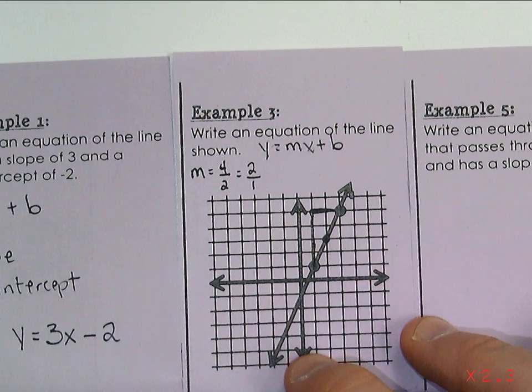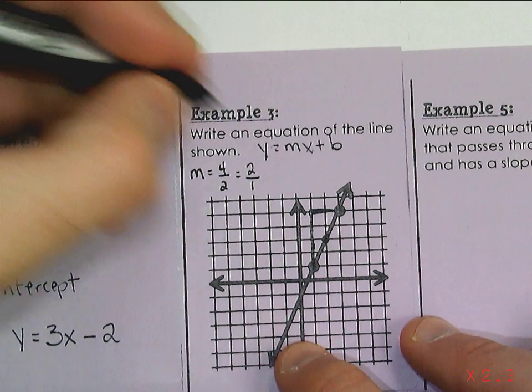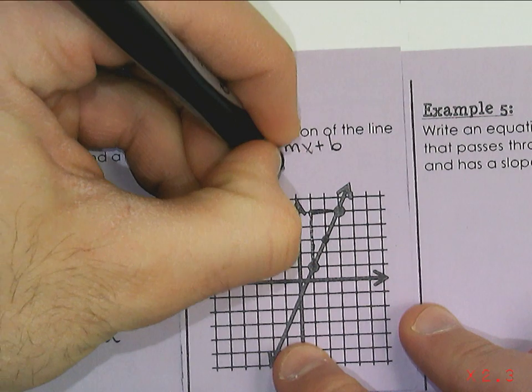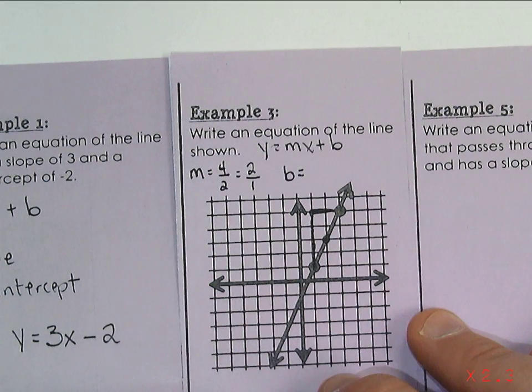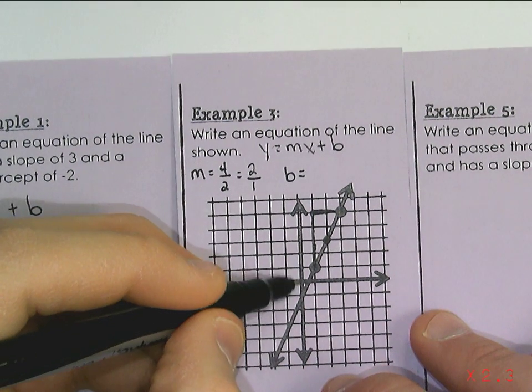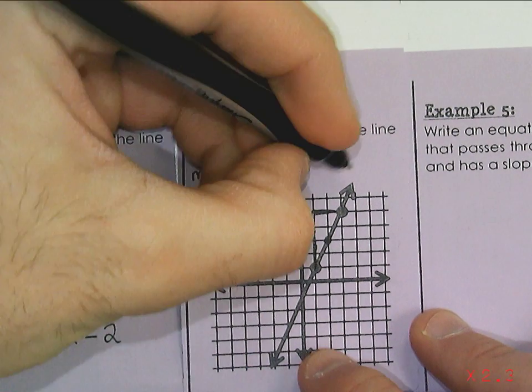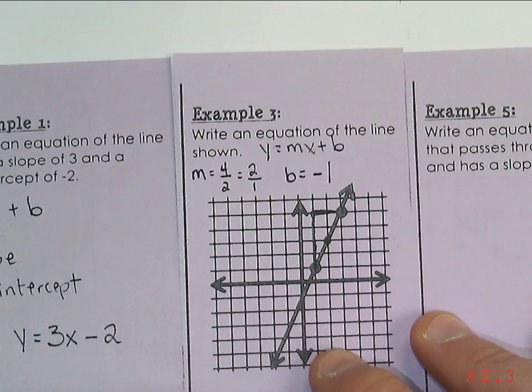So we figured out the slope. Let's figure out what the y-intercept is. Remember, that's b, and it's the point at which the line is touching the y-axis. So it looks like to me that it's at -1. So since it's at -1,